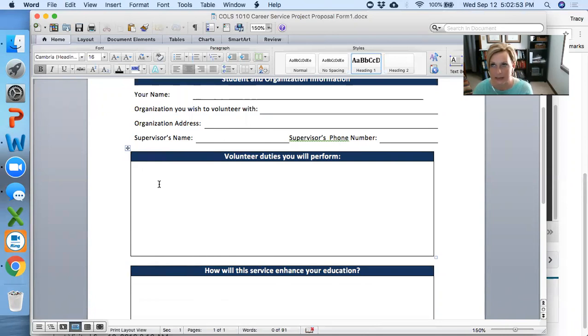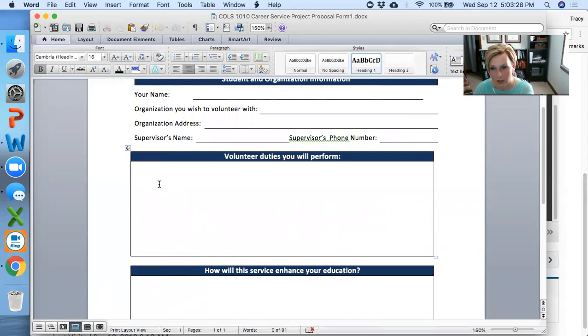Now, let me say this. If your Strong Interest Inventory or your career assessment comes back and says that you need to work in the health sciences field, obviously, it's going to be hard for you to do volunteer work in an emergency room at Children's Hospital. But that doesn't mean that you can't do volunteer hours in a hospital, answering phones, or working in a waiting room. I know frequently volunteers work in waiting rooms, or shadow someone in an area where there's not a high level of confidentiality.